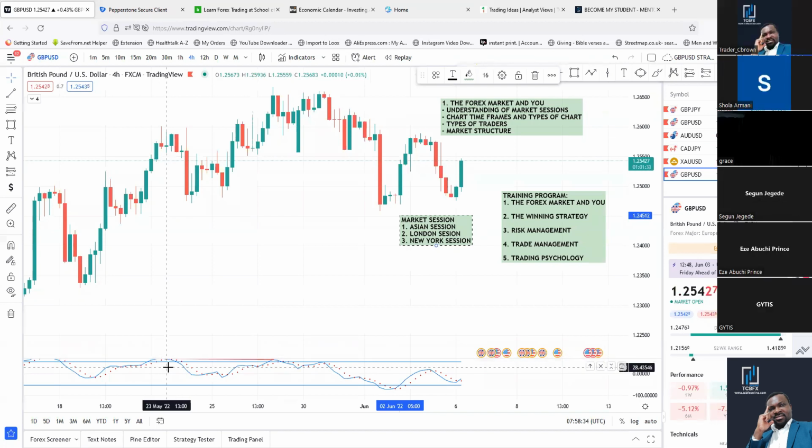Now, there are 2 things you need to put into prospect, into your thinking, because you have to look at you. Remember, trading is people. People come together to trade, right? So it's not just like I'm just here to trade, so I'm looking at the candles. No, it's not about the candles. It's about people. The candles represent people.